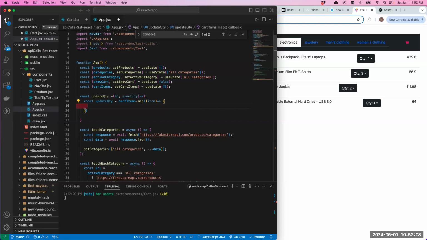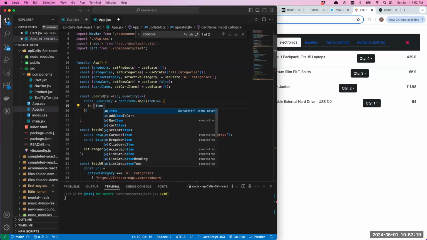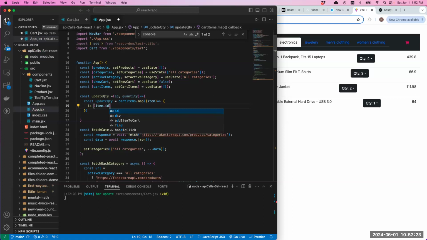We need to check if item dot id, right? Dot id equal to this id, then we are